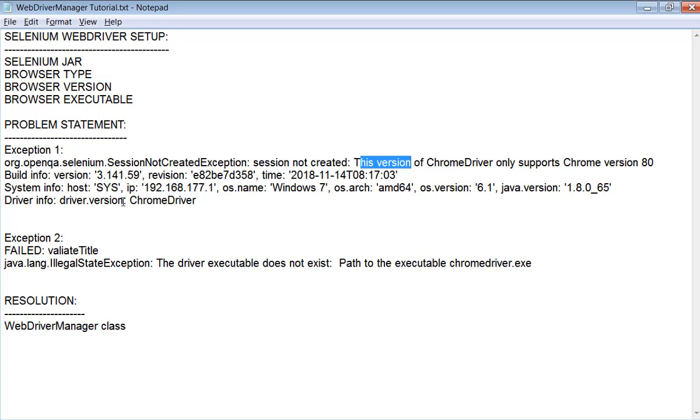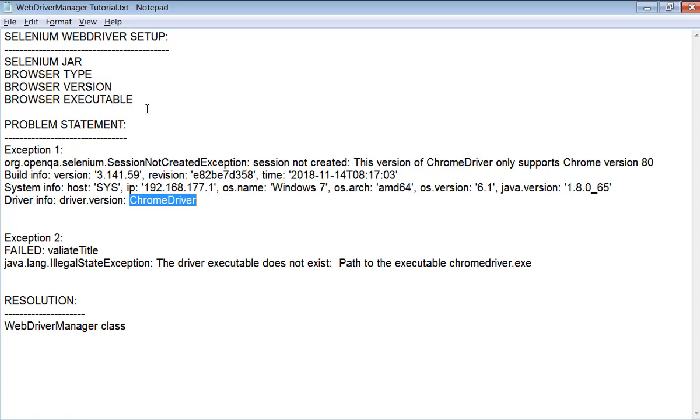It also gives the Selenium version right now, 3.141.59. It also clearly shows the OS name, the OS architecture, the OS version, the Java version, and the driver info, the Chrome driver info.